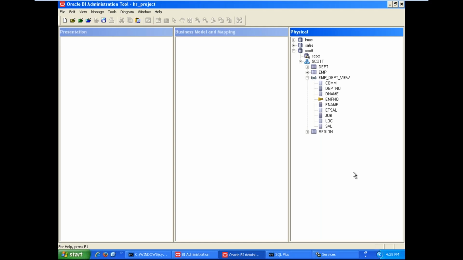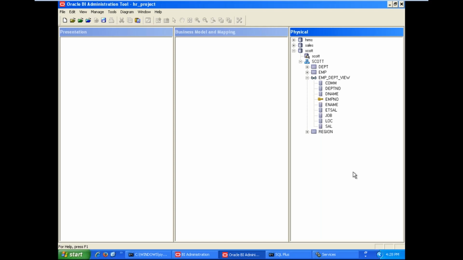Somewhat more burden is put on the server. If you derive views like this, it is already a derived view. Already the SQL query is there. Technically, we have written that SQL query, and it is directly executed in the database, not in our technology. No calculations in our technology. We derived ET cell right here, so we don't want to derive it again in the business model mapping layer. Logically, we don't want to derive it. I am just explaining how to derive new tables in the physical layer, like views.